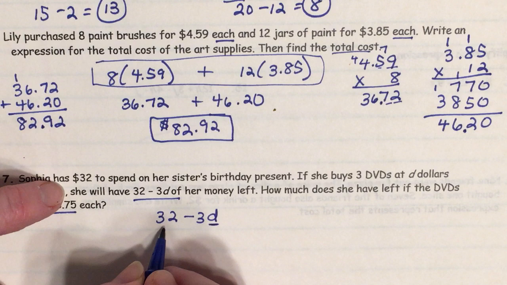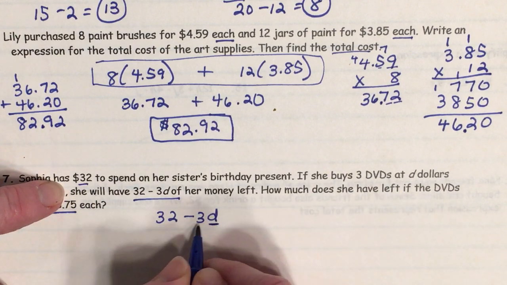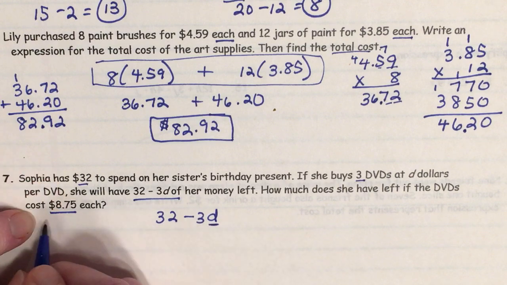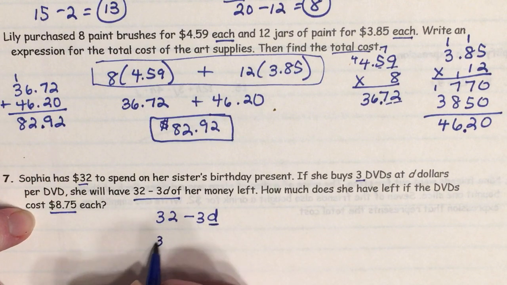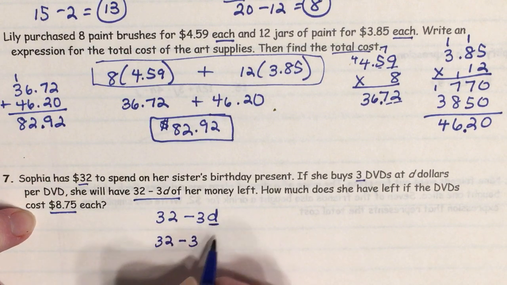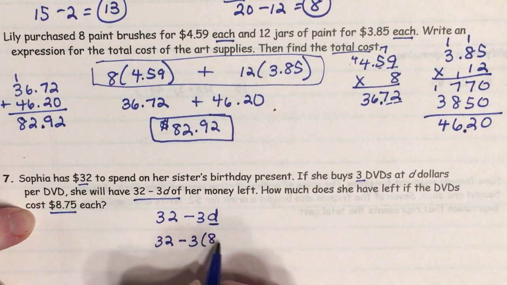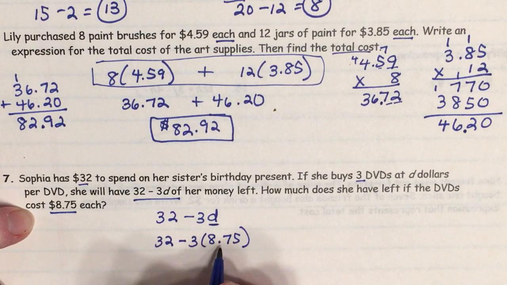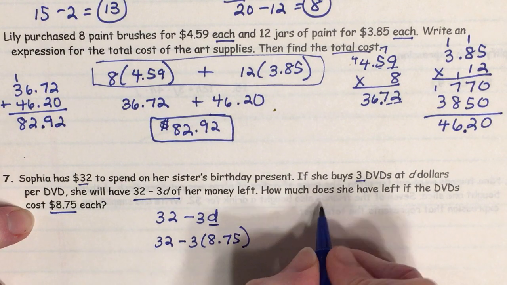All right, I can see the 32 came from here, and I can see the 3 DVDs came from here. They wrote it for us, we're just evaluating it. So 32 minus 3D, remember that right next to each other means multiply. So 3 times $8.75. Okay, I have subtracting and multiplying. Multiplying comes first, so I